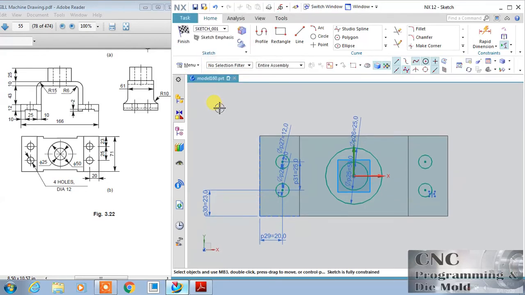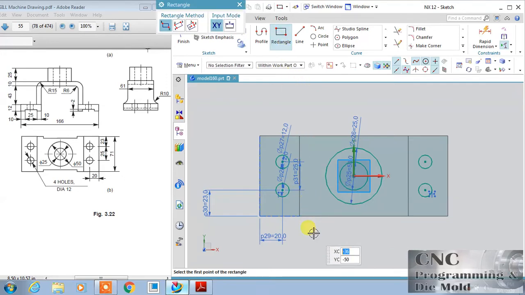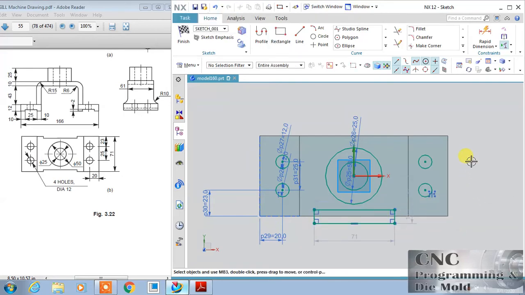Okay, so all this has been done, only this cut is remaining. So first draw a rectangle. This is something like this, and now we have to dimension.